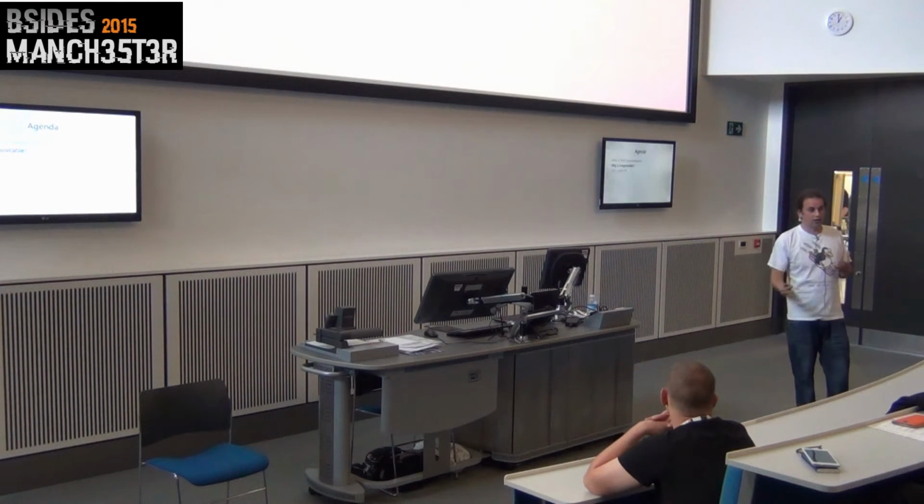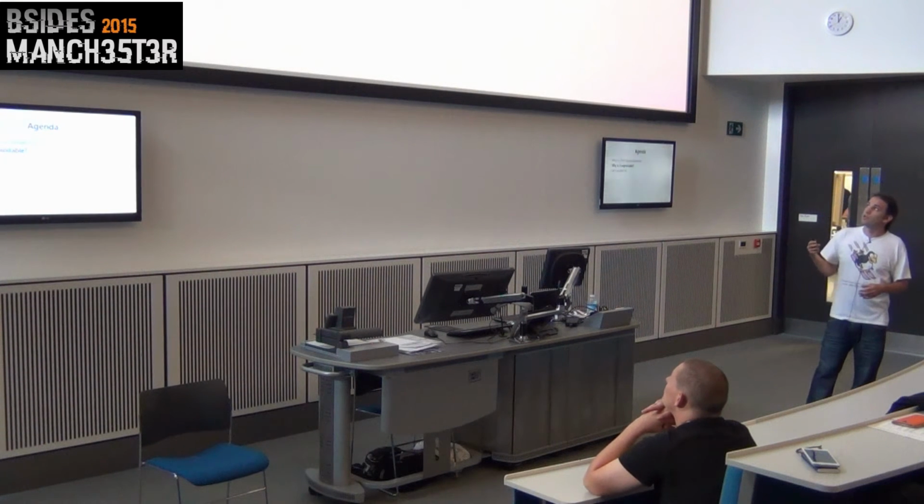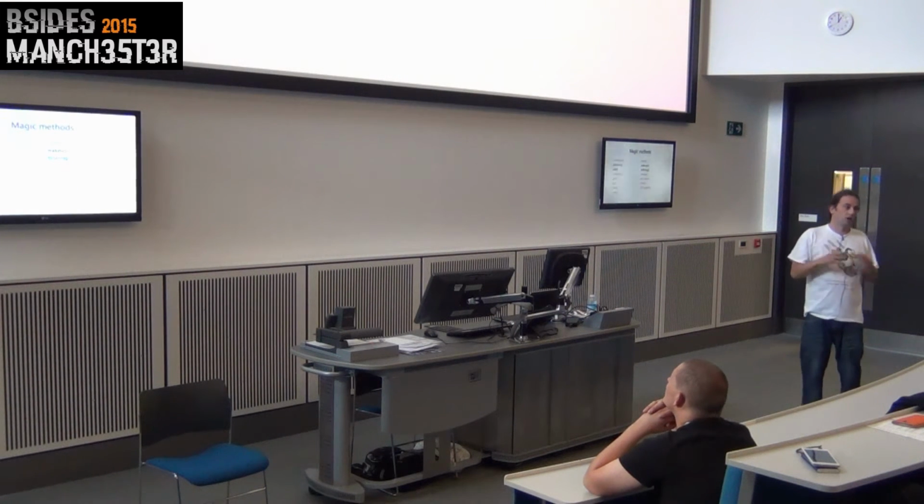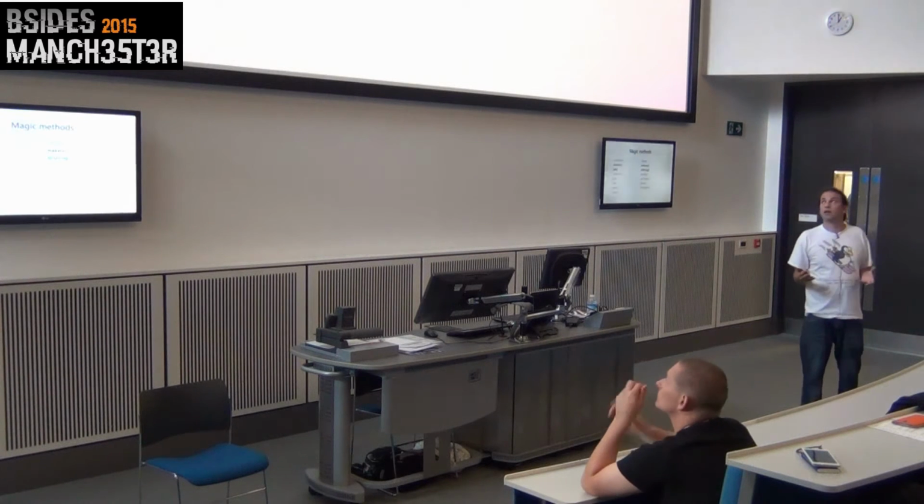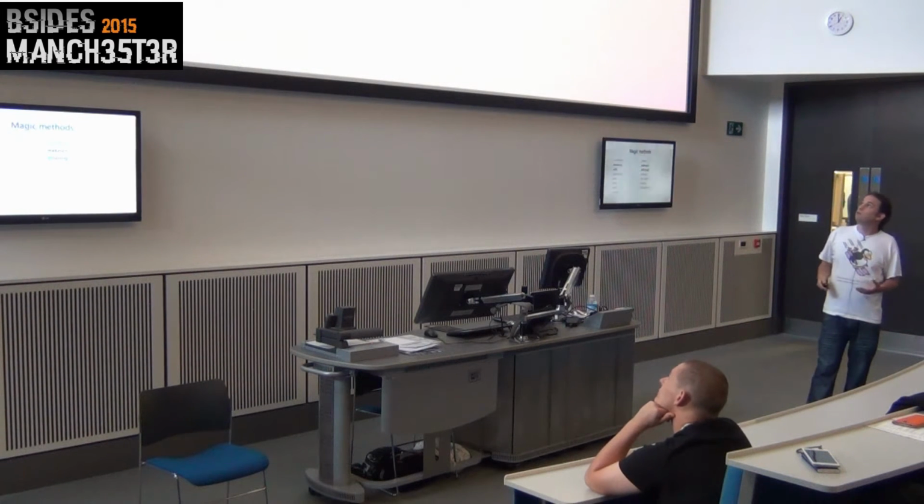Okay, so that's a rough idea of what serialization and unserialization is, but why is it exploitable? Basically, that comes down to these things called magic methods within PHP. Now, there's quite a lot of them. I'm not going to go into all of them. But if I explain these 4 briefly,